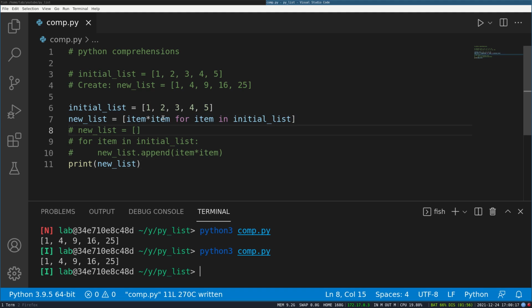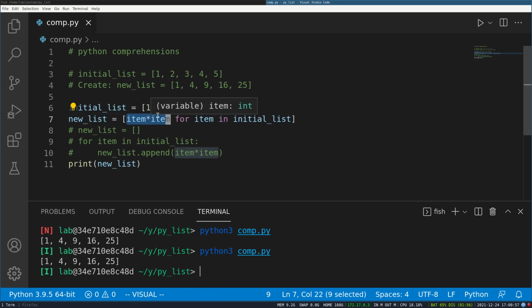So yeah, now let's try to figure out what is the syntax here. So here I have written our original list, which is initial list, and I'm saying for item in initial list, which is similar to our regular for syntax. So for item in initial list, I am writing it same here, and at start of the whole for syntax I am writing what do I want to do with each item. So here I am saying I want to square each item. So it will take every item from the initial list, square it and put it into the new list.